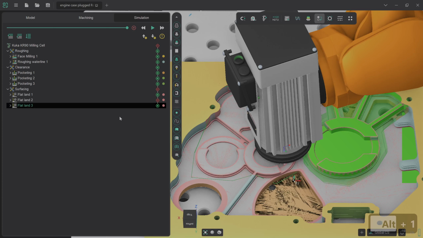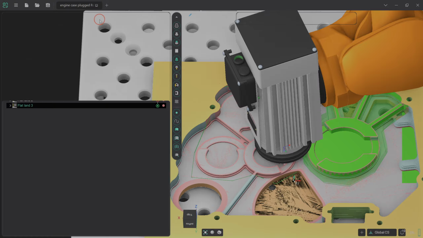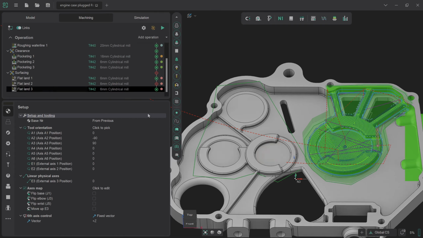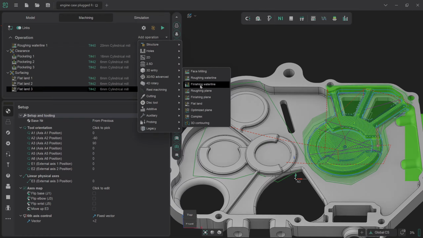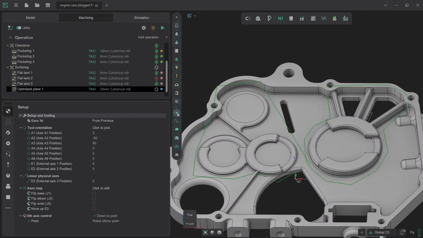Hi, so in this second half of the surfacing operations, we're going to be working with optimized planes. So if we go back into the machining environment now, and we set up a new 3D entry and optimized plane operation, we will be using a new tool for this. We'll be using a ball nose tool just to be able to capitalize best on the geometry of it